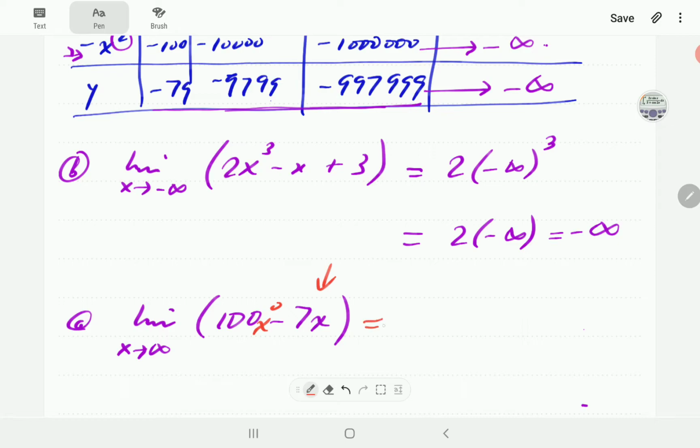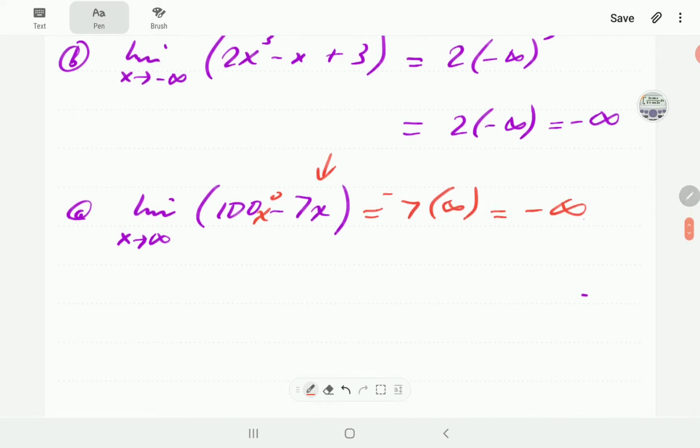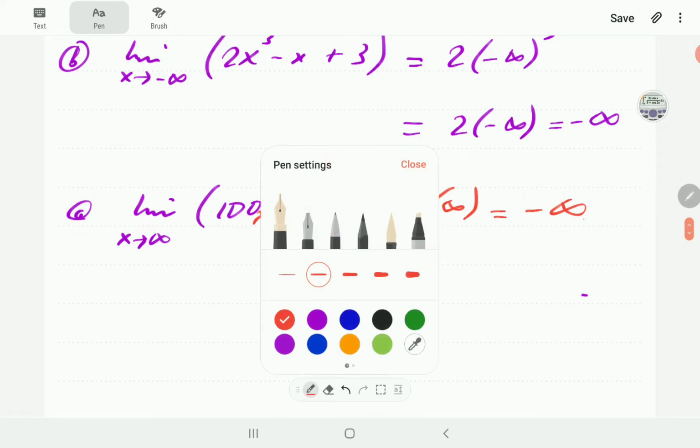So that is the one that is going to dominate the proceedings here. So it's going to be negative 7 times infinity. So it's going to be negative infinity. Okay, so A, B, and C is done. We're now going to go to